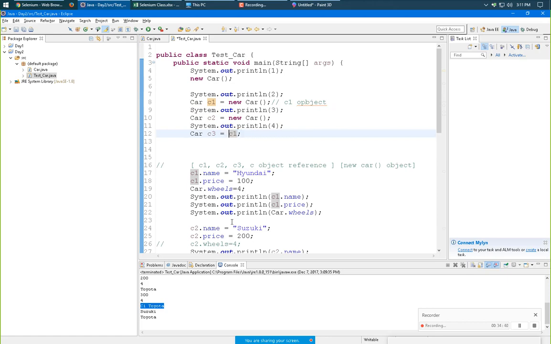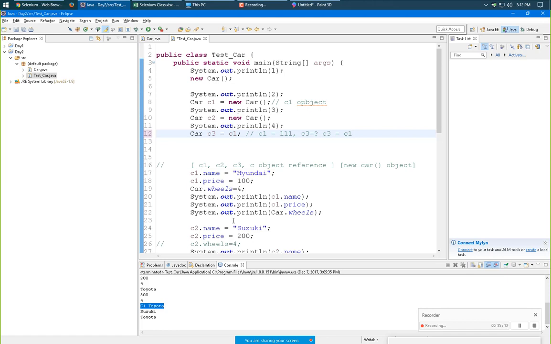So what happened here is, C1 had some reference. In my terms, say 111. It's just an address. Now C3 was blank at that time. So what I did, I told C3 to use C1's address.